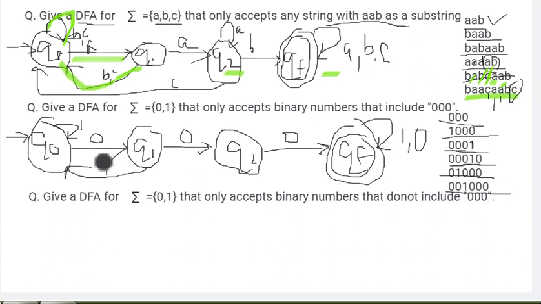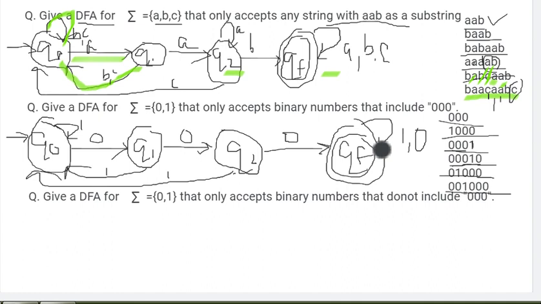0 0 1 0 0 0. Q0 state, 0 is coming, good. Q1 state it is going. Q1 state, 0 is coming, it is moving to Q2 state. Q2 state, I am encountering a 1. Okay, and after that 3 zeros are there. So Q2 state, if 1 is coming, again it can go back to Q0 state. From there 3 zeros are coming. After that 3 zeros are coming, it will reach the final state. So these are our conditions. Based on as many test sets as you take, that much better your machine will be. So that much you are checking your machine and it will be working perfectly.